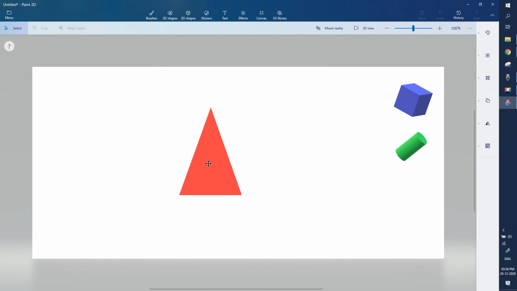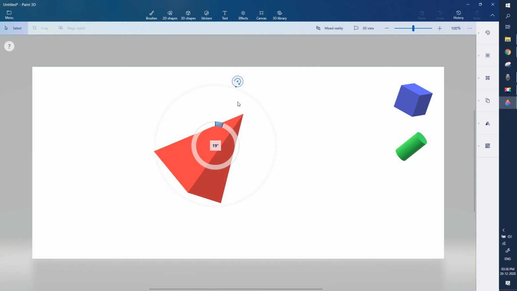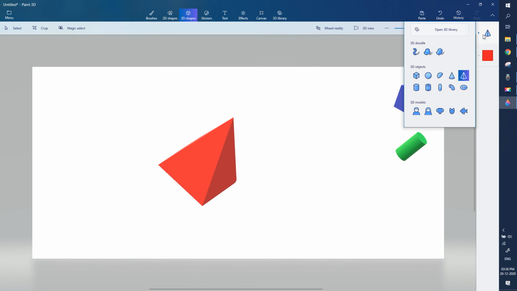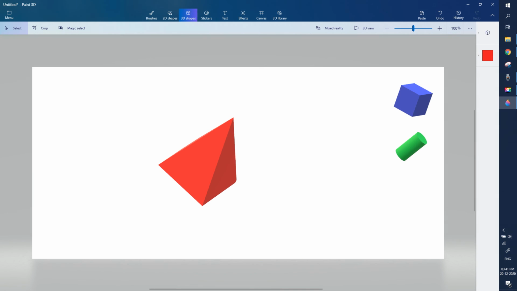You can use rotate buttons to see other sides of the pyramid and use the angle button to move this pyramid in any angle. Okay, like this you can draw many 3D shapes using the Paint 3D app. Initially you can try this app with the help of your parents. Okay, now I will go back to my slides.